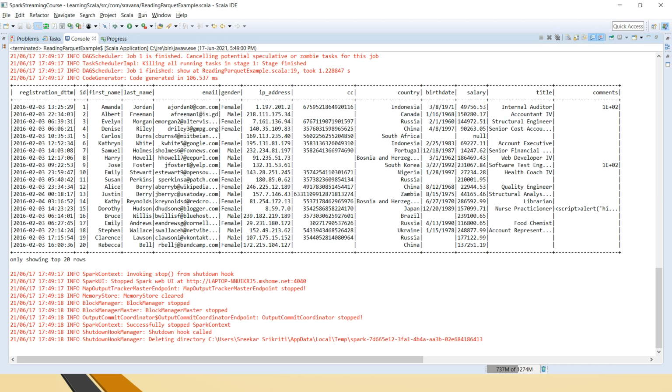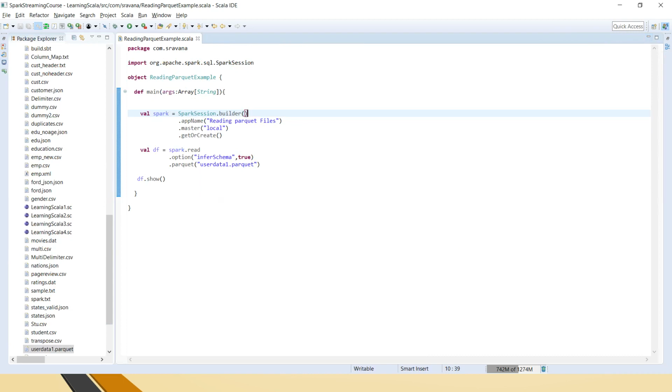Now let's apply some transformations, like where first name starting with A, or last name something, or gender as male or female, or country as Canada, something like that. We can try to apply some transformations.